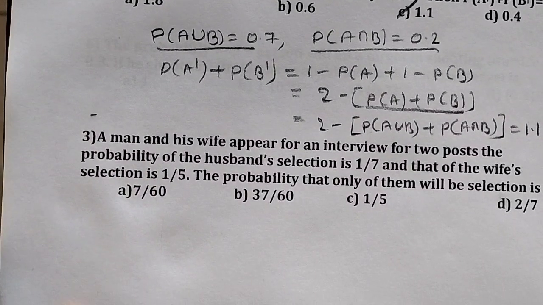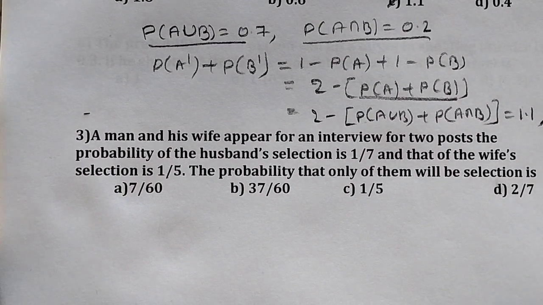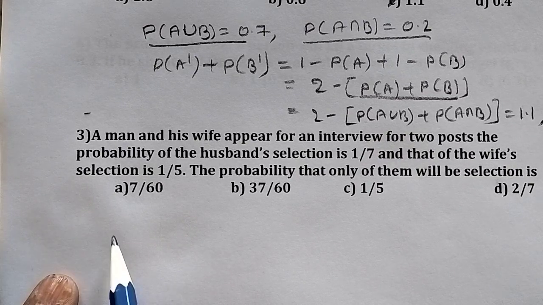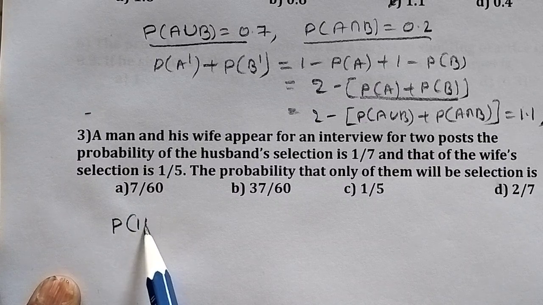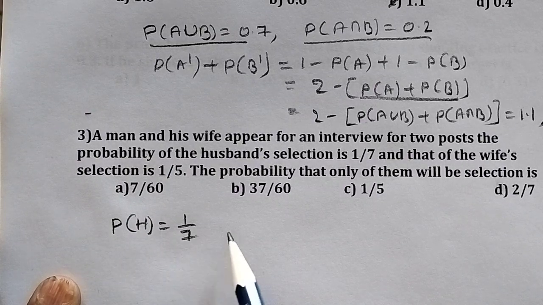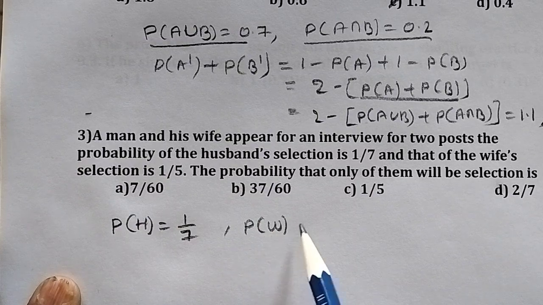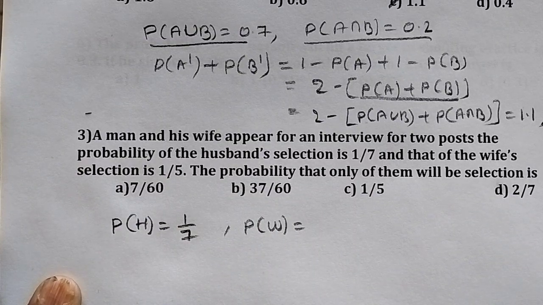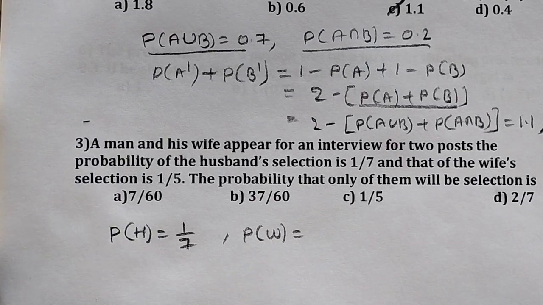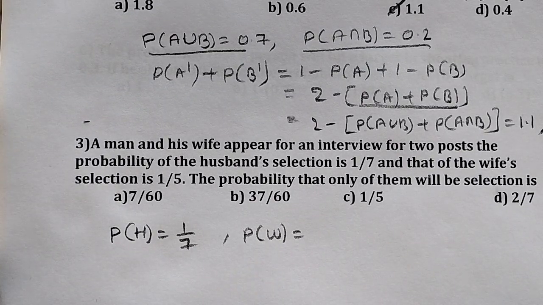Now coming to question number 3, which is one of the important models. A man and his wife appear for an interview for two posts. The probability of the husband's selection is 1/7, and that of the wife's selection is 1/5. The probability that only one of them will be selected is what we need to find. Both wife and husband are applying for the job. Out of these two, the husband getting the job is 1/7,